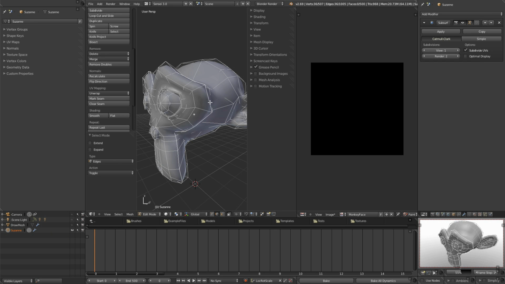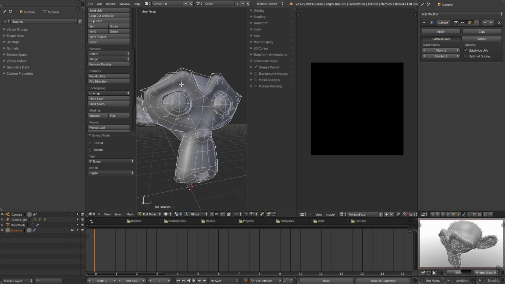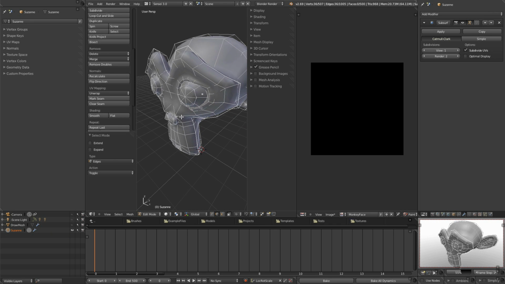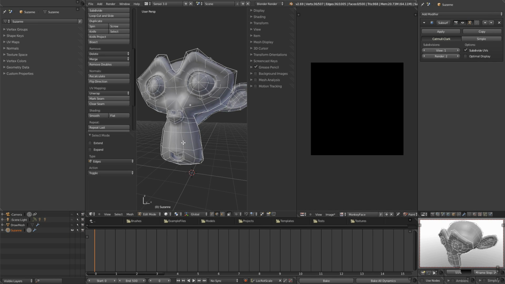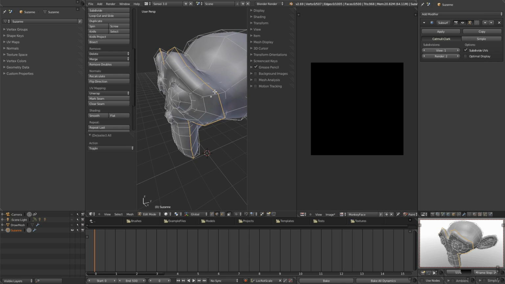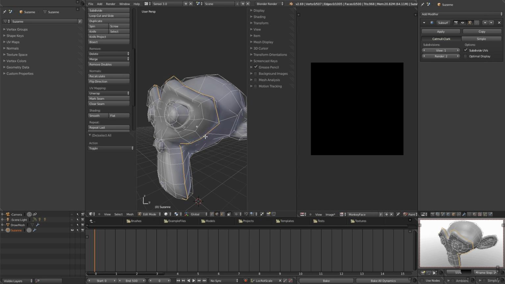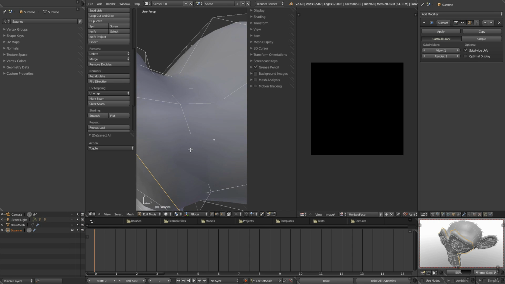And I'm going to Alt select this edge, and you see that it has loop selected around the entire face, which is good because if I mark a seam here and then I put it for my UV map, then I'll have a very straightforward set of faces to work with. So I'm going to click Mark Seam, and now you'll see this orange line goes around the face and dictates where that seam is. So I'm going to go ahead and make 2 more seams for the eyes,